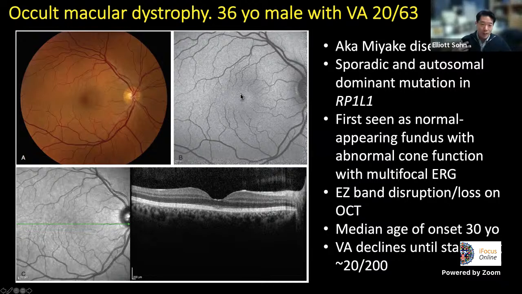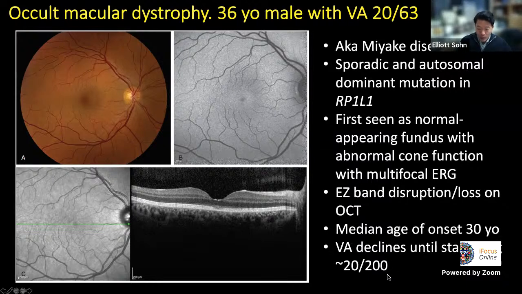So these patients will often get sent to neuro-ophthalmology and they're like, well, the optic nerve looks normal, so what is it? It doesn't look like it's macula. Then they send them to you, the retina specialist, and you're like, okay, yeah, optic nerve does look normal. But when you get the OCT, you may not even see this on all the scans, just a few scans though. There's a little disruption of the EZ band here that you can see. And this is what's typical, this little EZ band disruption and loss on the OCT. Median age of onset is around 30 years old, but vision can go down quite a bit and stabilizes around